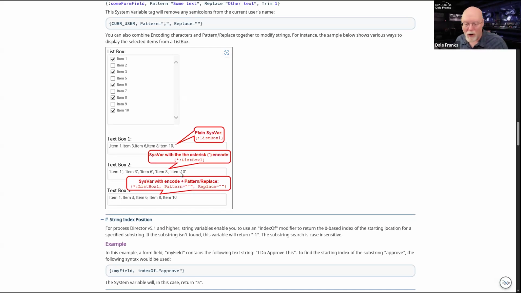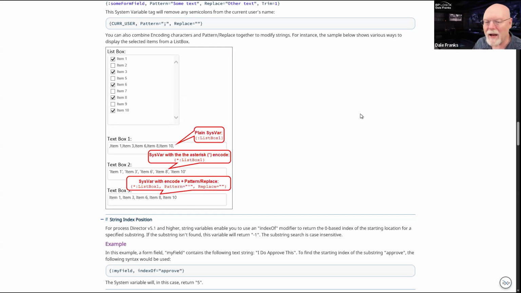If you don't want that, you can combine that encoding character with the pattern and replace, and I can just look for that single quote or apostrophe, whatever you want to call it, and replace it with nothing. So using pattern and replace, I can find each of these single quotes and replace them with nothing, and then I end up with a nice comma separated list that doesn't have those irksome commas at the beginning and the end of the list.